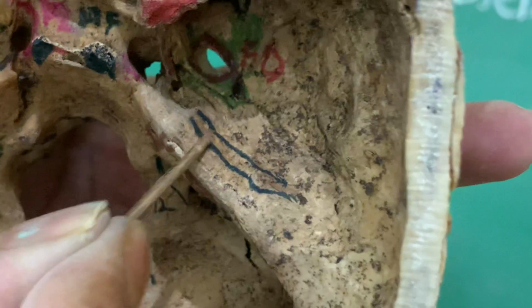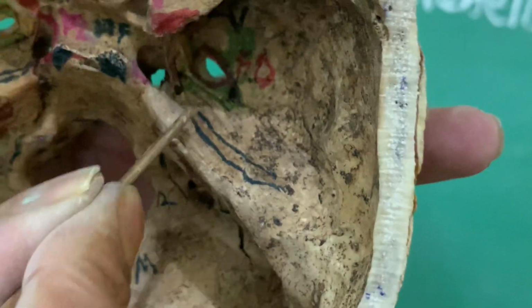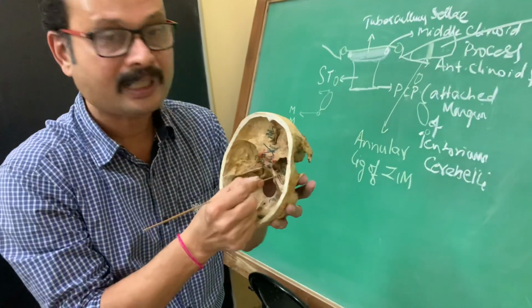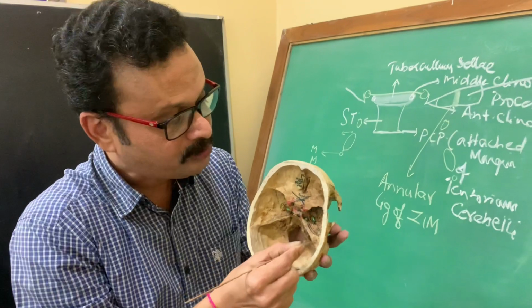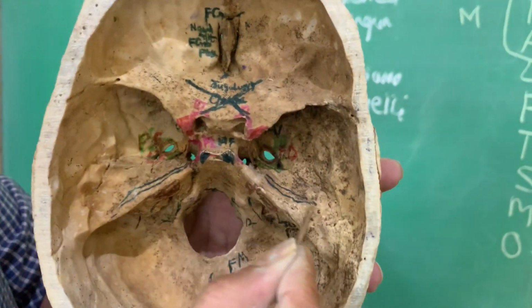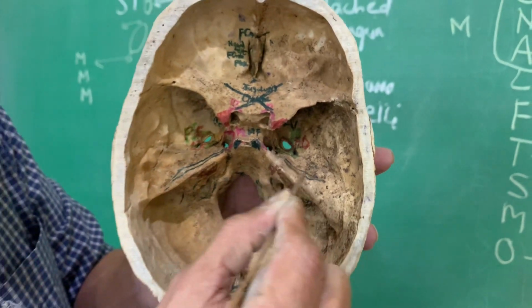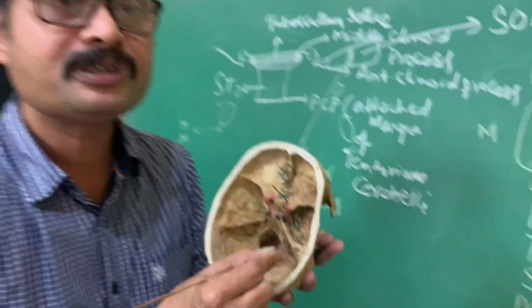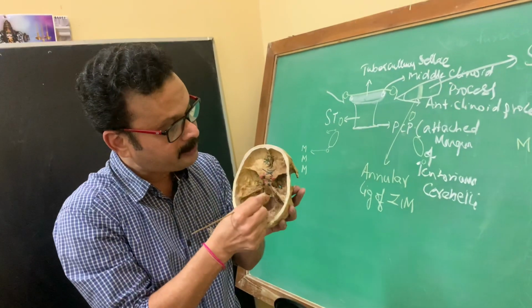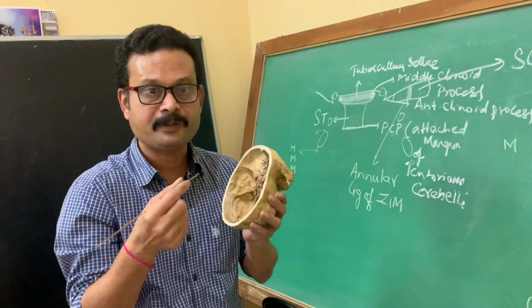Posterior to it, there is an elevation here you can see. This elevation is called arcuate eminence, which is produced by the bulging of the semicircular canals of the internal ear inside. That produces this arcuate eminence. Further posterior, you can see this one, it is completely this plate of the bone, we can call it as the tegmen tympani, which forms the roof of the middle ear. And the superior border of the petrous temporal bone lodges the superior petrosal sinus.